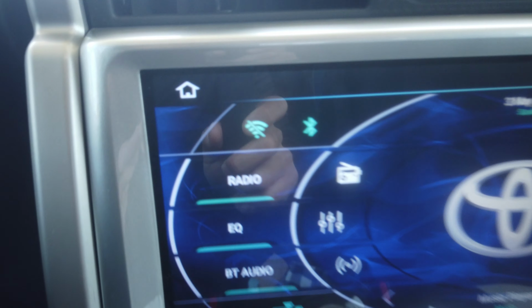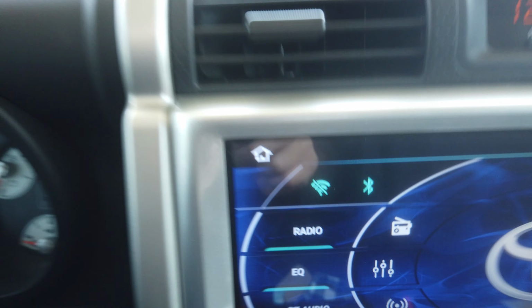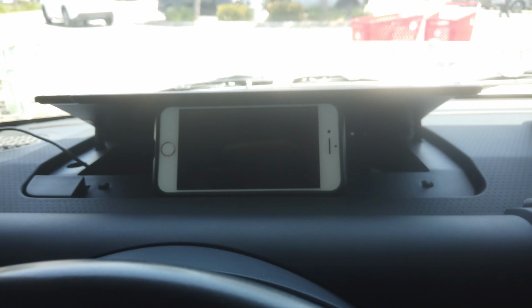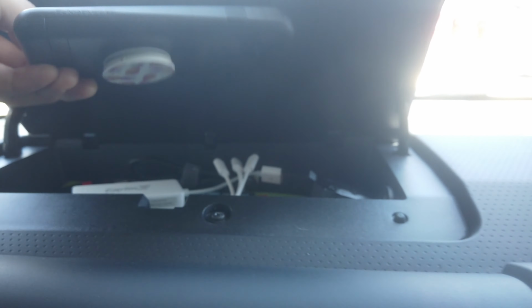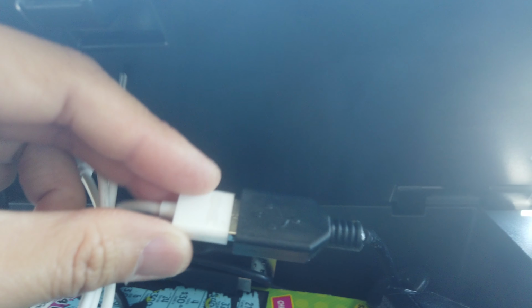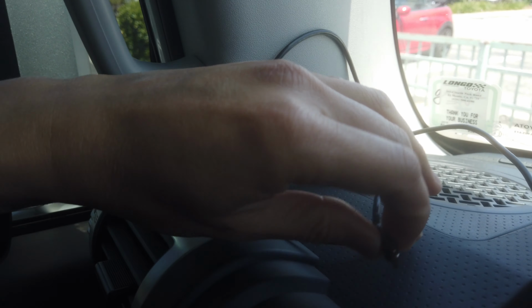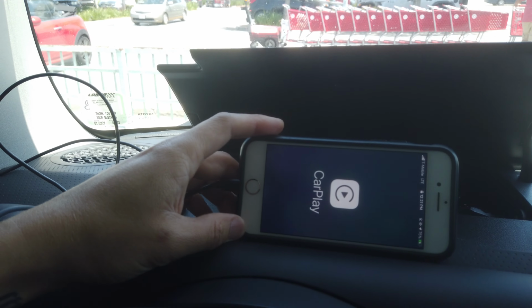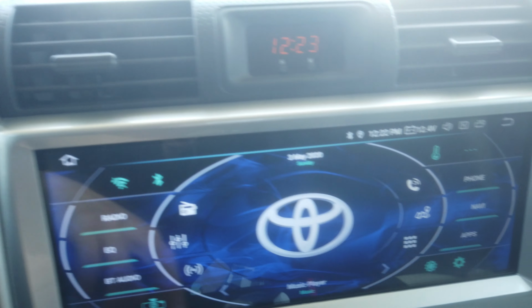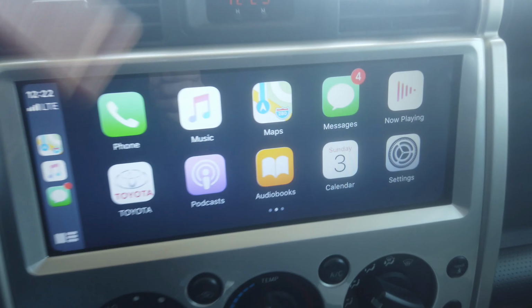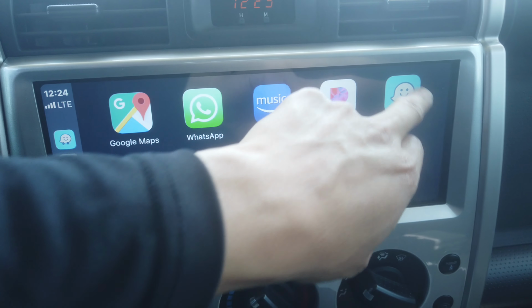As you can see here, I've got no Wi-Fi, okay, and I'm going to connect the iPhone here. So I currently have a USB connection to my head unit, right? This is going into the dongle, and the USB is going to connect to the phone here. So since I have my phone here, you'll see it's plugged in, CarPlay, and then I'm going to activate my CarPlay. And so we're going to click into Waze,